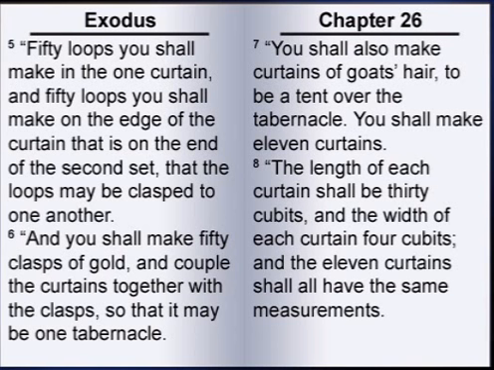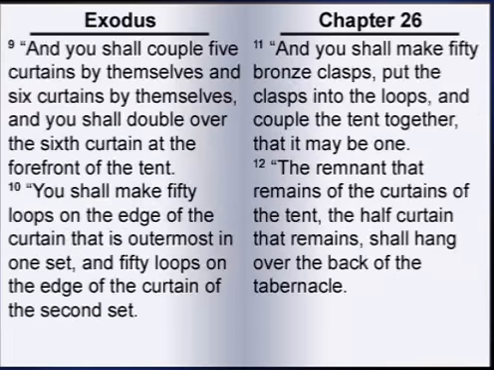You shall make 11 curtains. The length of each curtain shall be 30 cubits, and the width of each curtain 4 cubits. And the 11 curtains shall all have the same measurements. And you shall couple 5 curtains by themselves, and 6 curtains by themselves. And you shall double over the 6th curtain at the forefront of the tent. You shall make 50 loops on the edge of the curtain that is outermost in one set, and 50 loops on the edge of the curtain of the second set. And you shall make 50 bronze clasps, put the clasps into the loops, and couple the tent together, that it